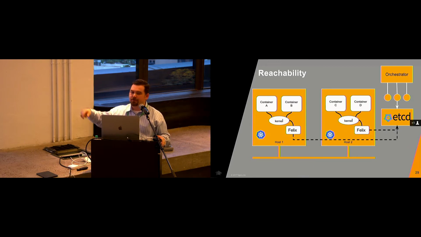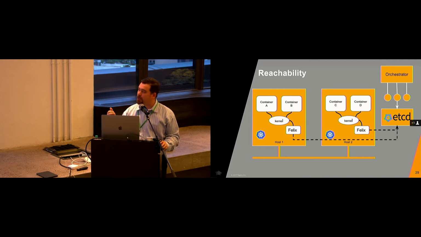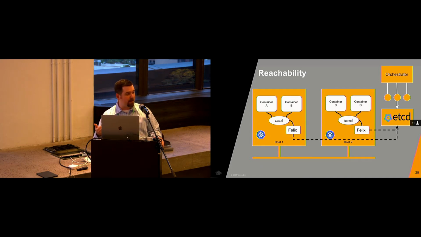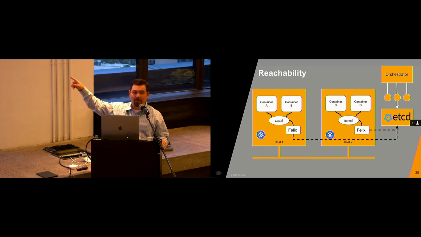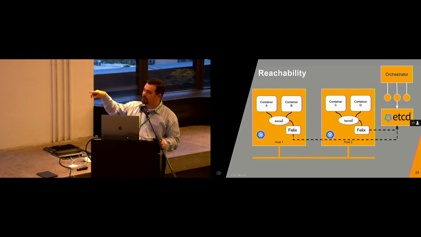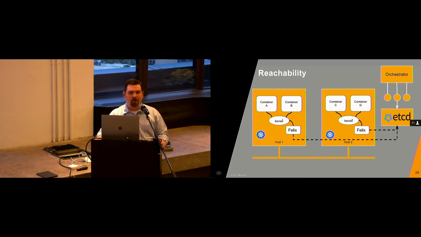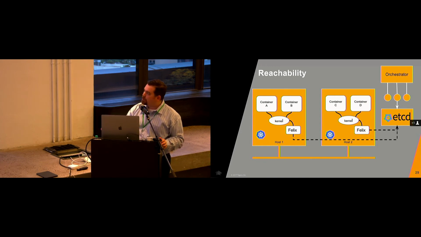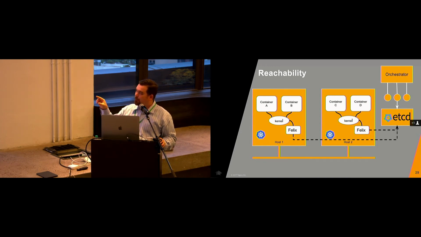The only thing that's happening in user space are updates to either the forwarding information base, the FIB, in the root namespace of the host, or the access control list. So Felix is responsible for maintaining both the ACLs and in some cases the FIB, so that it can provide a pathway for the containers not only to receive data but to also talk to the world, right? Because they may need to go out, maybe not to something internal within the network. They may need to go out to Google or some external service. So far we've got a way to program routes. Now, how do we share routes?